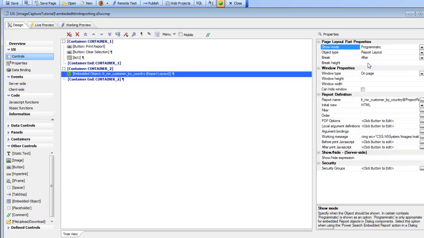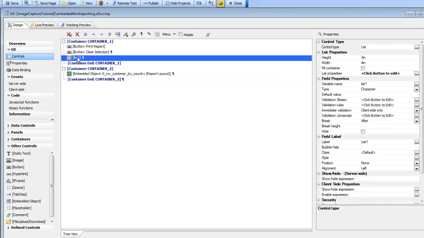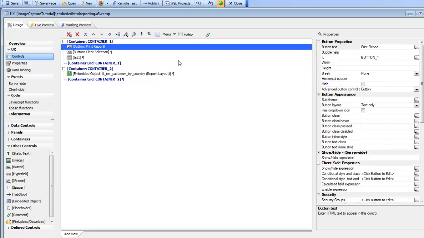So then you can see that what we've done also is we've added in a list control, and the list control has been configured to display a unique list of countries in the Northwind customer database. And then we have a button here that goes ahead and prints the report. So first let's demonstrate the UX in action and then go back and take a look at how these various